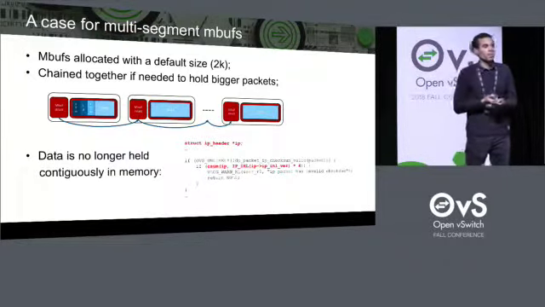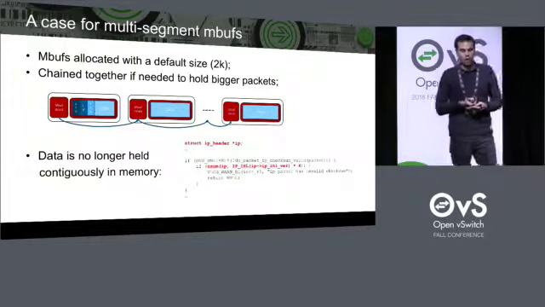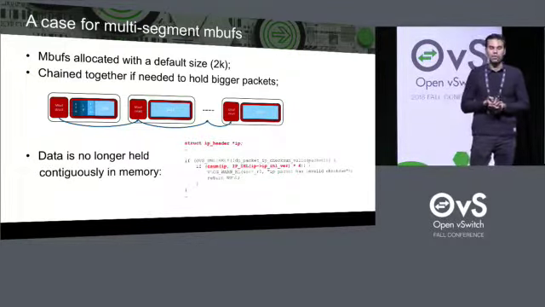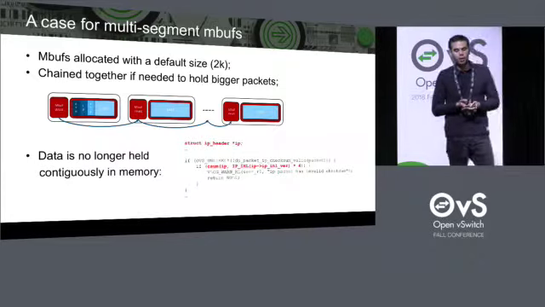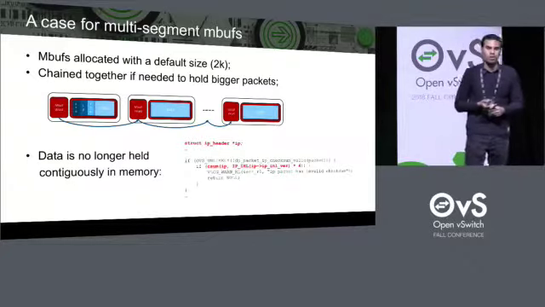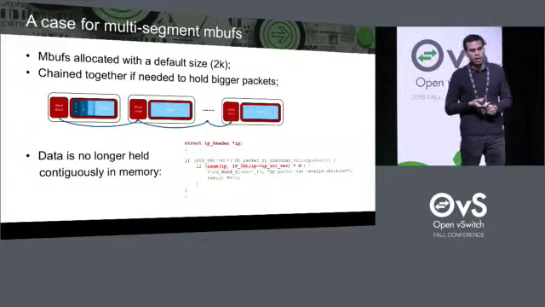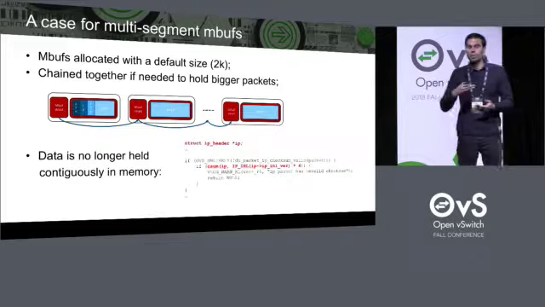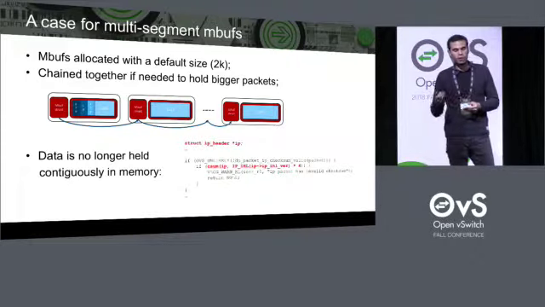And so this means that we had to rework some pieces of OVS code in order to take this segmentation of memory into account. We have an example here that we've taken from the OVS user space tunneling, where you push and you pop headers, and in certain circumstances you then need to recalculate the checksums